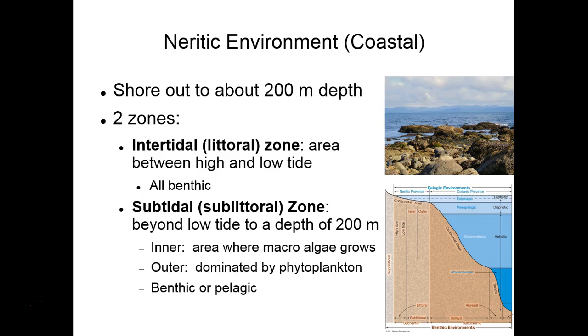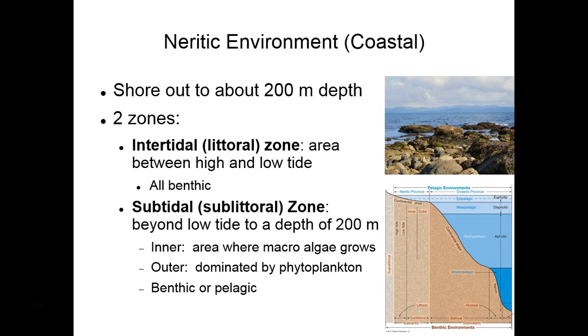Okay, so we're going to start with the neritic environment, the coastal environment. It's the shore out to about 200 meters depth, and it's split up into two zones again. The intertidal zone, which is also called the littoral zone, is the area between the high and the low tide. And this is pretty much all benthic, like I said before, because it's shallow water, so it's basically communities that